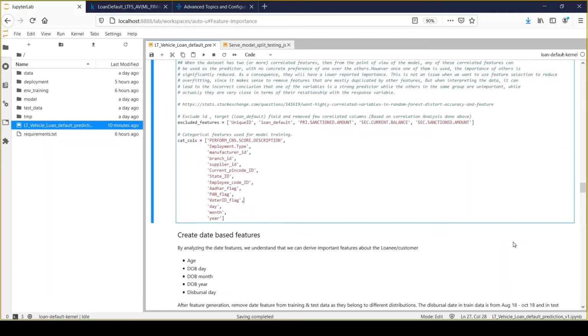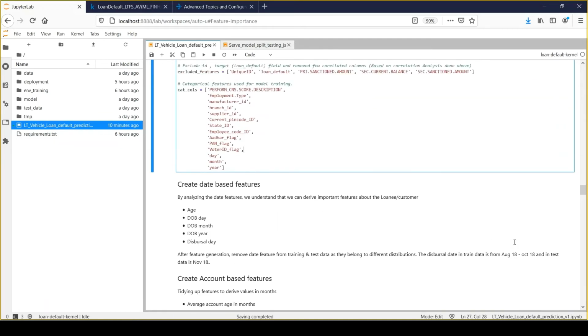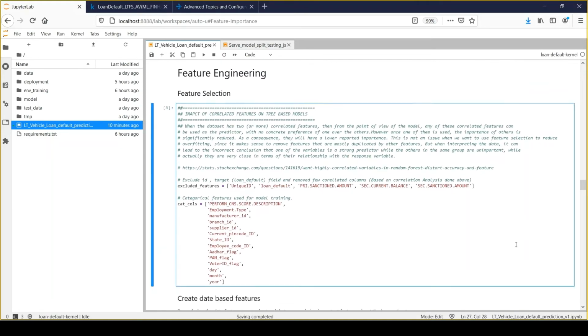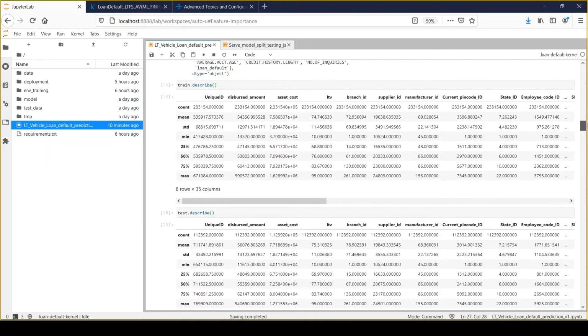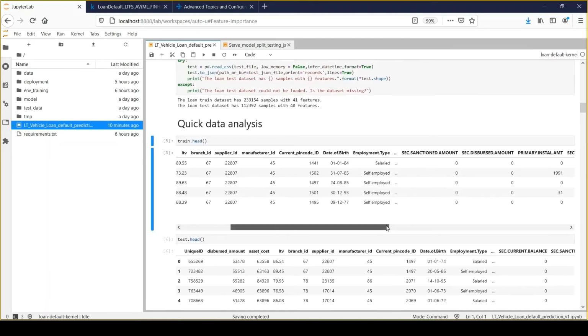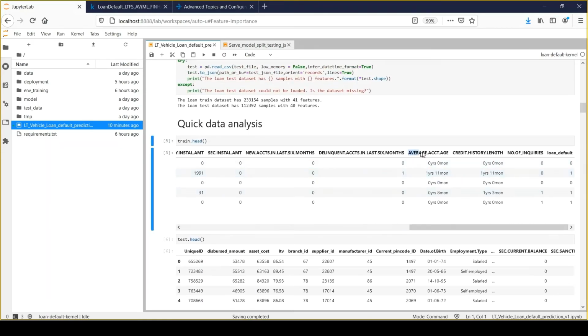So once that is done, we'll perform some feature engineering, right? And if we look at the data carefully, mainly two fields, account average age and credit history length, we will find that it has a unique representation for reporting average account age, and we need to somehow convert it into a numeric representation so that we can pass this value to my machine learning model.